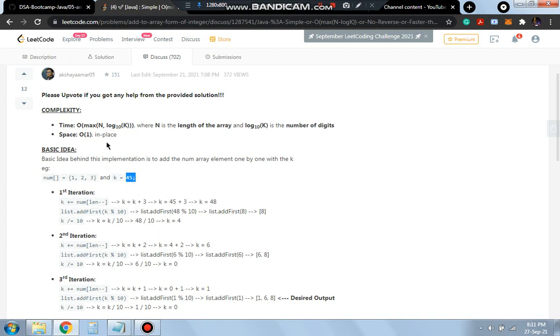What is the basic idea? This is the num array which we have: 1, 2, 3, and k is 45. What we are doing is k plus equals num of len minus minus. Len means it's the last element. When we do k plus num of the last element, which is 3,